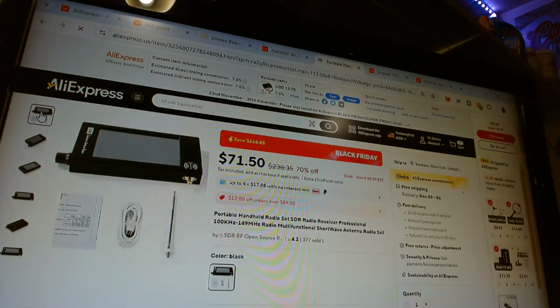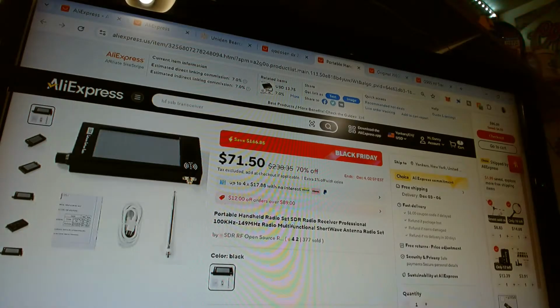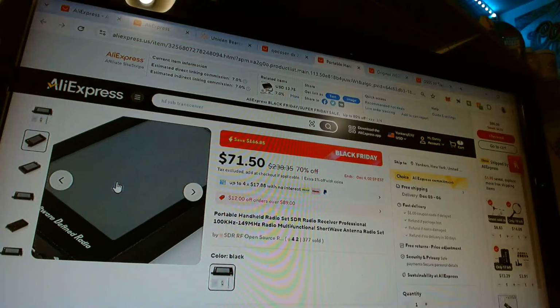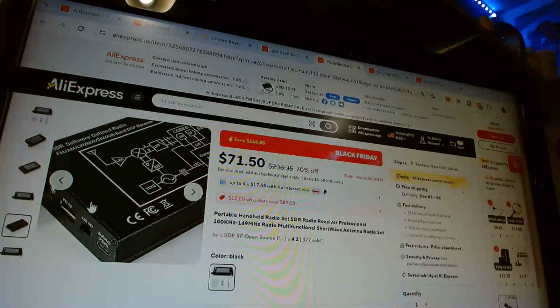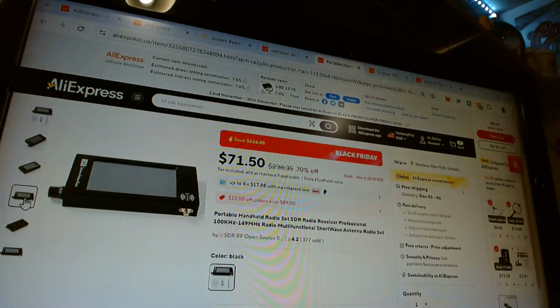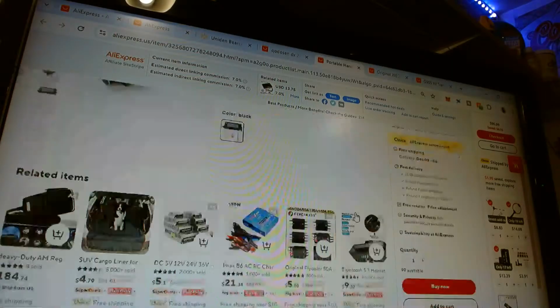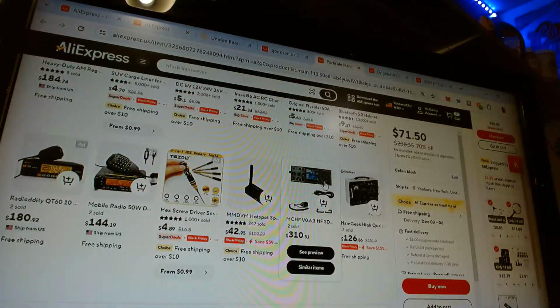But they don't even show it with the screen on. You can't even see the screen showing, and that really makes me want to buy the radio without the screen on. What are they thinking? How are you gonna sell this radio if you don't even have the screen on? Yeah, that really makes me want to buy the radio even more. I'm being sarcastic, of course.